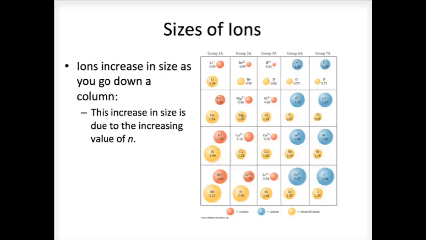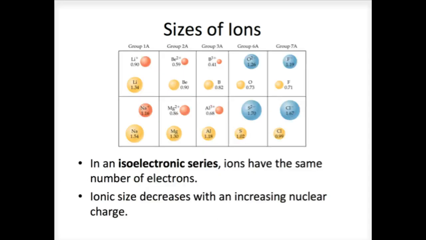So we see a general trend. You're going to see ions increasing in size as you go down a column. Again, even though I'm removing an electron from the outermost shell, as I move down, each ion still has one shell more than the one above it. And we see a change as we go across, though. This is what's interesting, and this is what leads us to what's known as an isoelectronic series. If the ions have the same number of electrons,